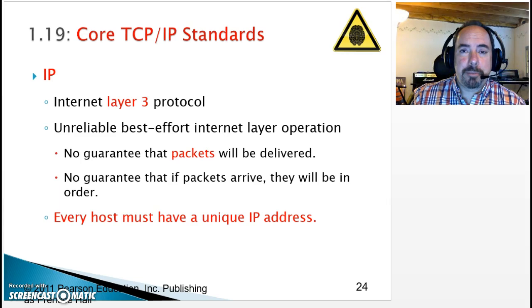The important thing about layer 3 with IP addressing: every single host on the network has to have a unique IP address. It is theoretically possible to duplicate an IP address on a network. You don't want to do that. It's a bad thing because people get pop-up messages saying you have a duplicate IP address on the network, and if that pops up on a server, bad news, very bad.